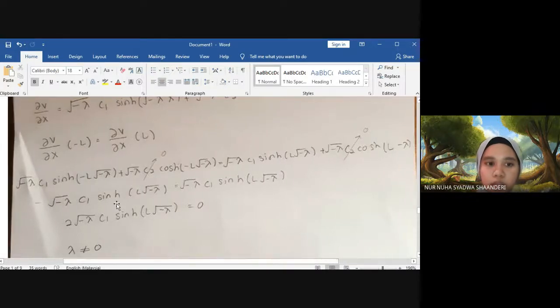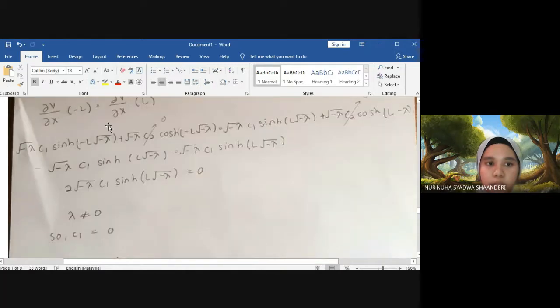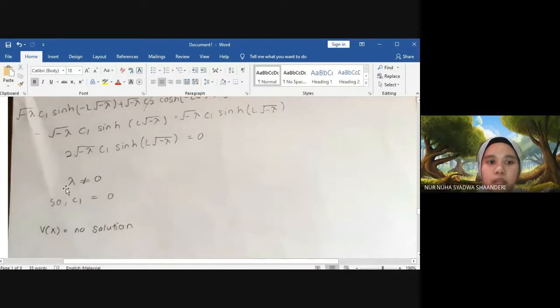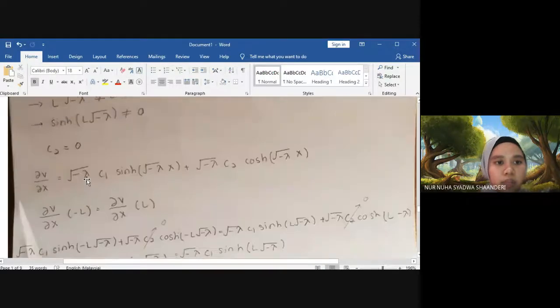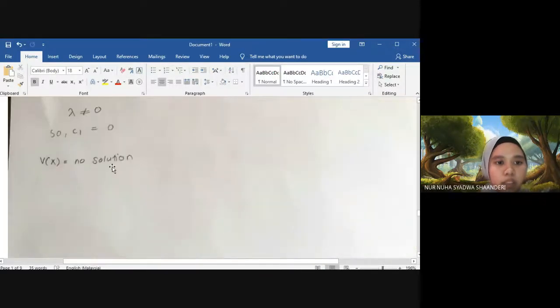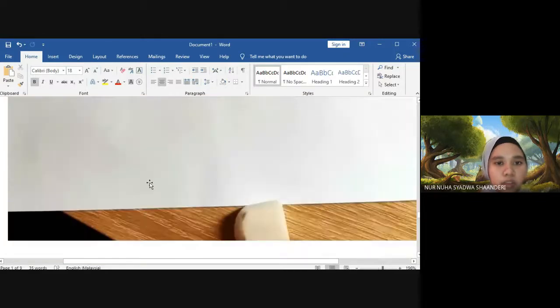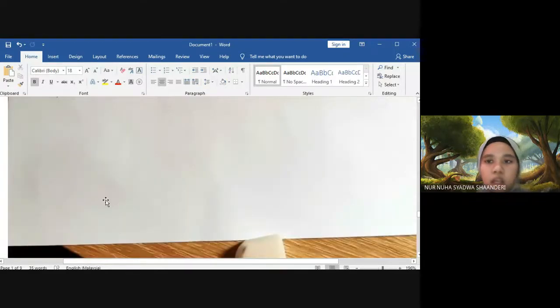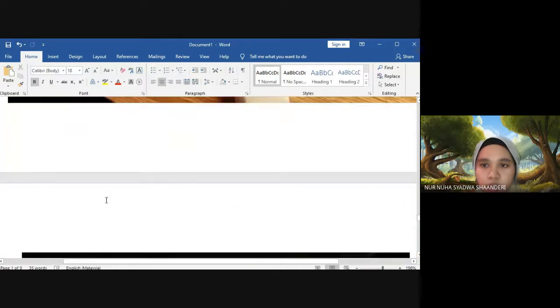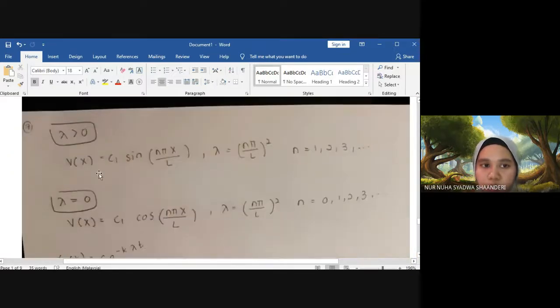And then we solve this equation, but we know that lambda cannot equal to 0, so C1 is equal to 0. So if C1 equals to 0, Vx for lambda less than 0 has no solution. So we only have two values of lambda,